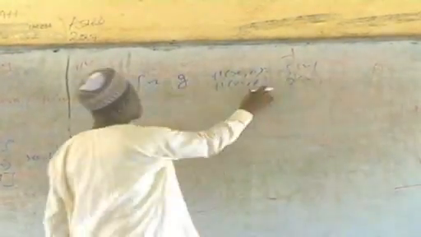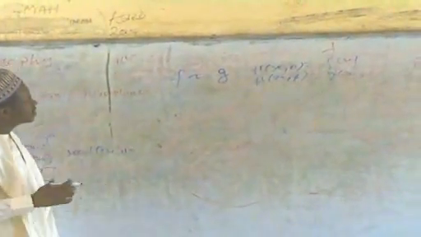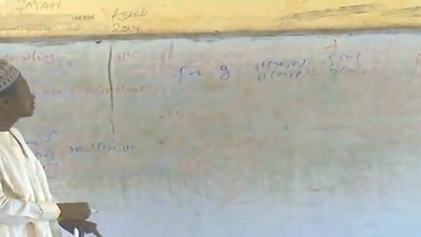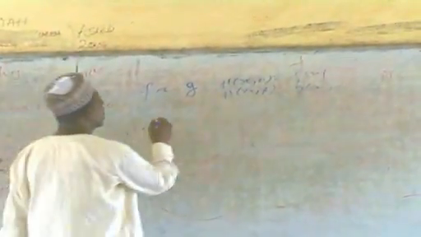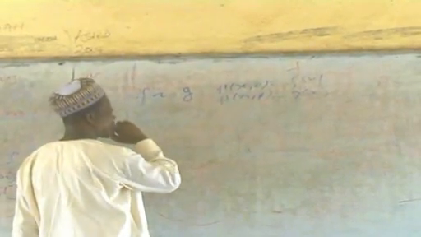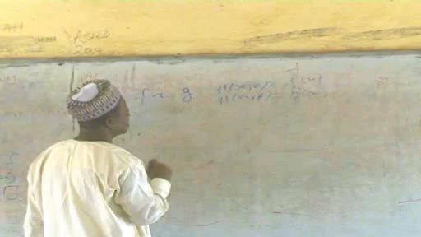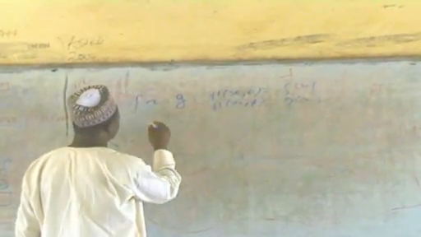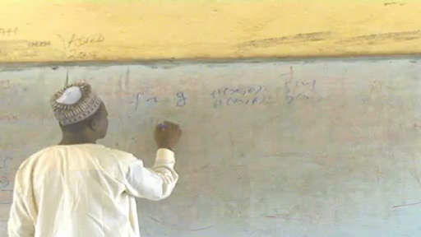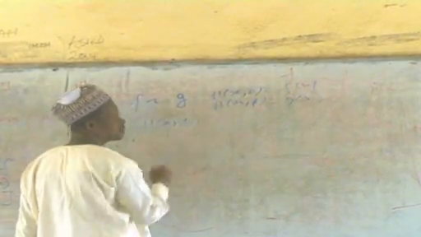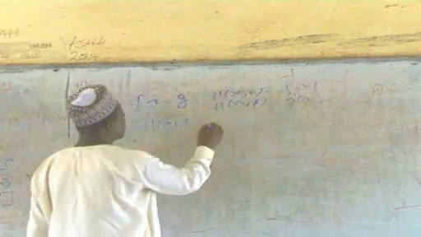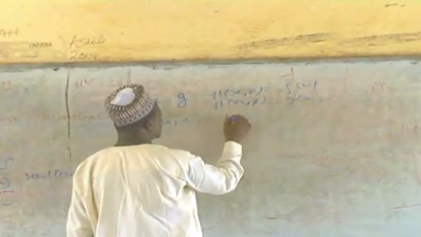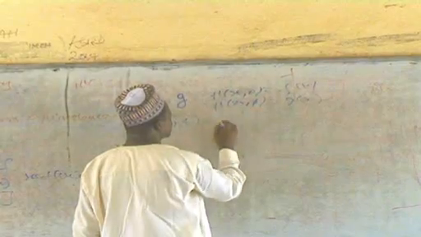So we say f is homotopic to g. But if we change this, instead of h of x,t, where t is